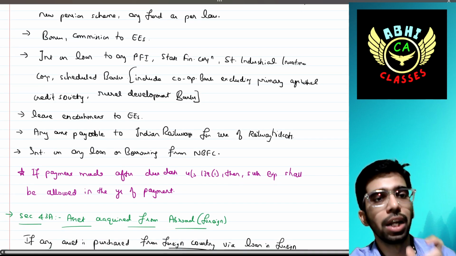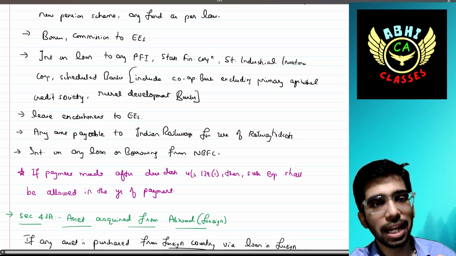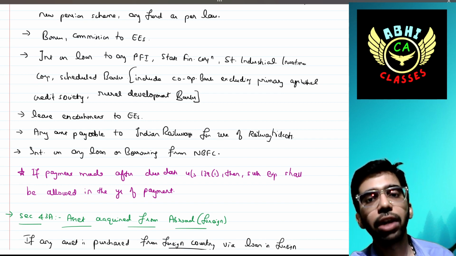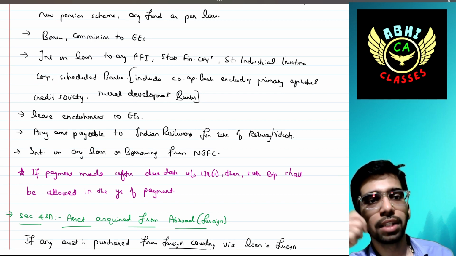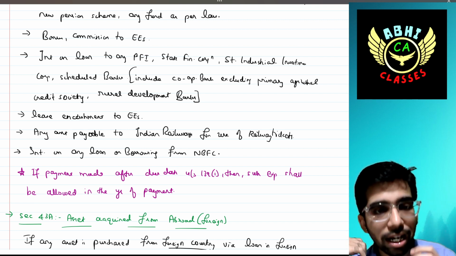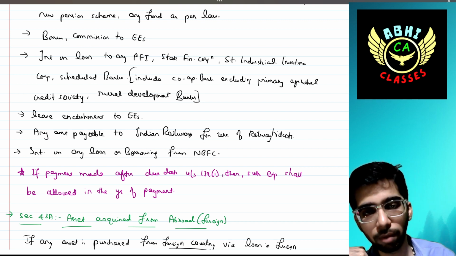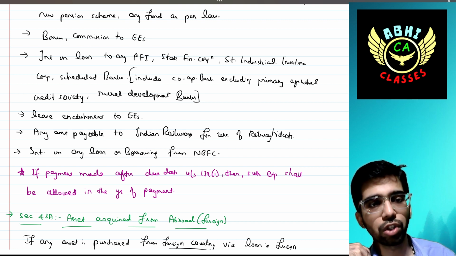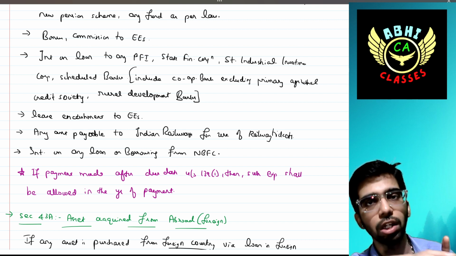That's allowed. Leave encashment to employees, any amount payable to Indian Railways for use of railway tickets. Then interest on loans or borrowings from NBFCs. If the payment is made after the due date of filing the income tax return, then such expenses shall be allowed in the year of payment. Let's say, for example,